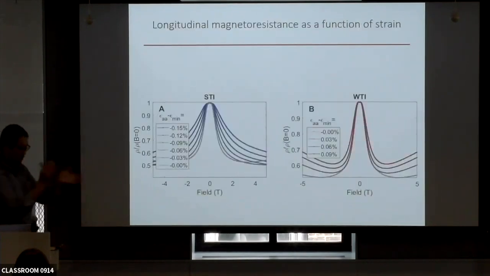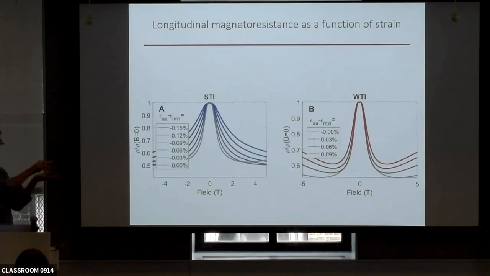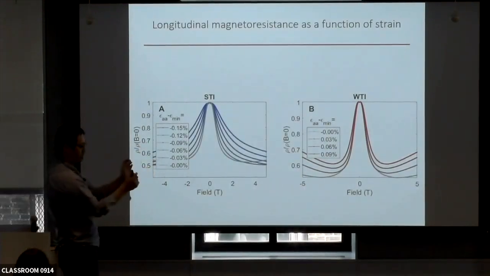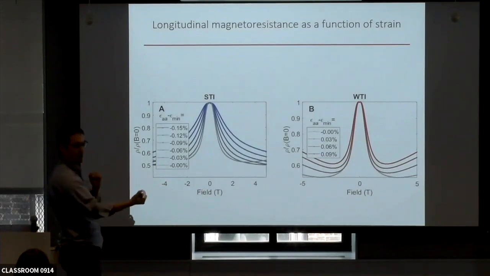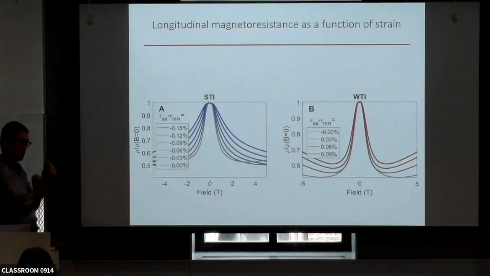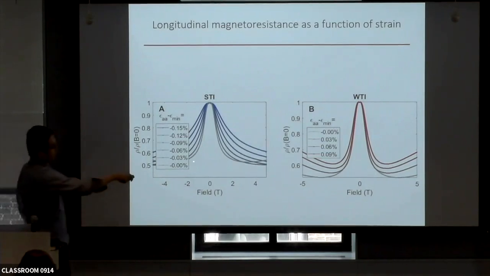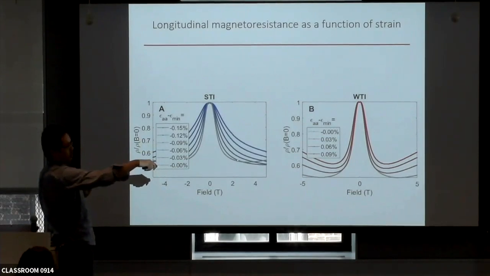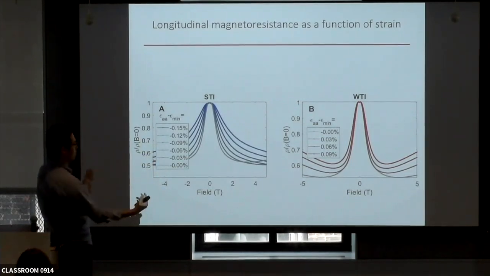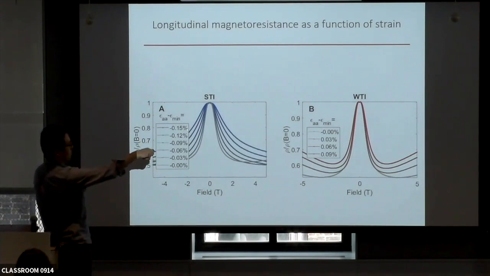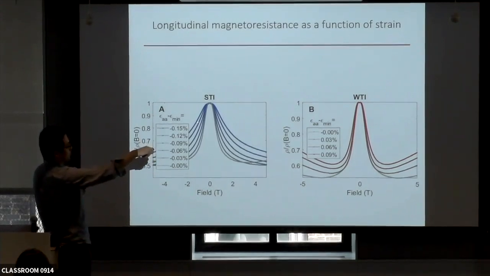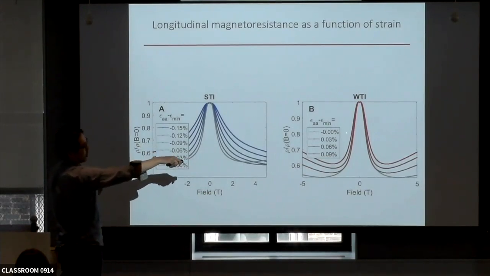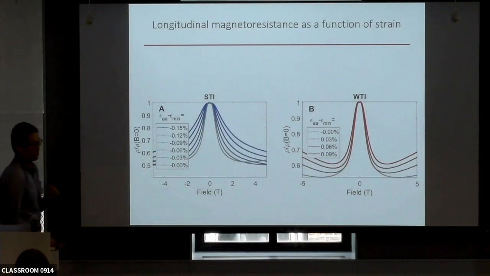Now we align the material so that you measure the longitudinal negative magnetoresistance while applying strain at the same time. The gray curve corresponds to the situation where your zero-field resistance is sitting at a minimum, which is supposed to be at this gapless Dirac semi-metal phase. And indeed, this gray curve gives you the largest longitudinal negative magnetoresistance. Then when you strain away, either going to the strong TI phase, the blue curve, you gradually suppress this longitudinal negative magnetoresistance, or you go to the other side, and you also suppress it.